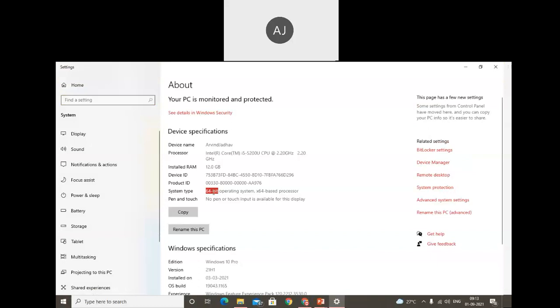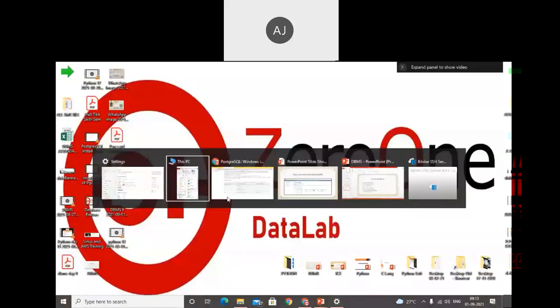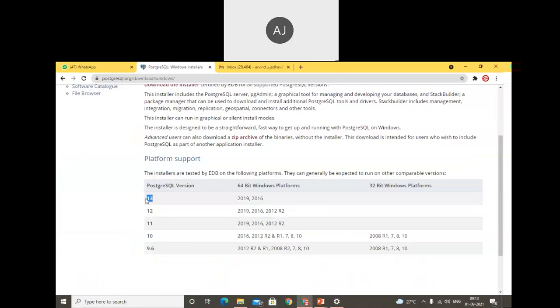So if you have 64-bit architecture, then I suggest downloading version 13. You have to download PostgreSQL version 13. If you don't have 64-bit, then use the 32-bit platform, in which you can use version 10. Okay, make a note of that. Remember this difference. If you have 32-bit architecture and you try to download version 13, it cannot be executed on your 32-bit architecture, so you need to download version 10. Use 13 for 64-bit, and 10 for 32-bit.